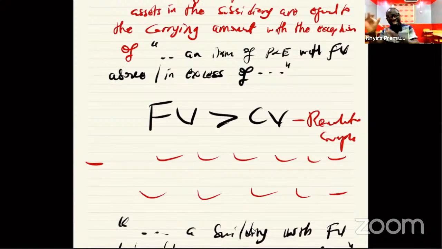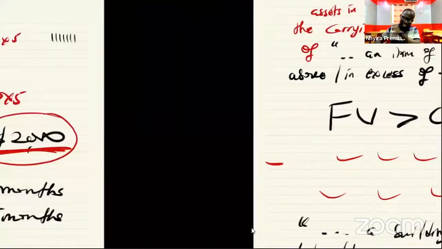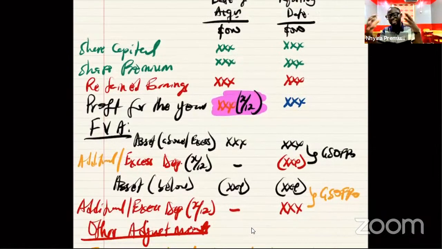So what we are saying here is that where the fair value is in excess or above, it means the subsidiary is understating its assets. So if it is understating its assets, if we are looking for the net asset of the subsidiary, then we go and add it back. That is why we add back the excess or above. The same will be added at the date of acquisition and at the reporting date. Now, because they are undervaluing their assets, it means for the year under consideration, the subsidiary company will charge less depreciation than it should have charged.